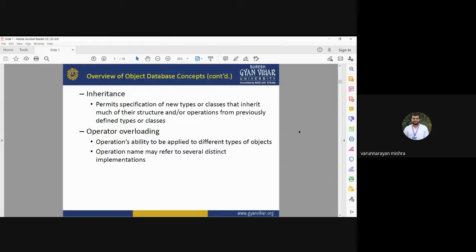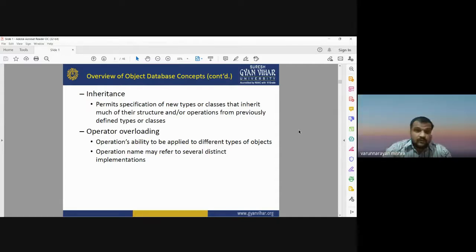Inheritance is also a property of object databases. It permits the specification of new types or classes that inherit much of their structure. Inheritance means internal specification. If someone has given you a video or an image, by observing that image or viewing that video, you can specify new data types or new classes that inherit much of their structure or operations from a previously defined data set.